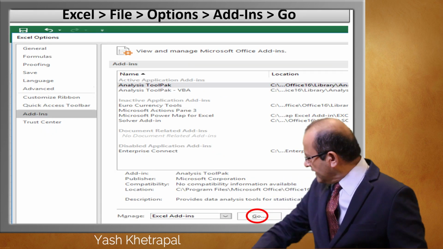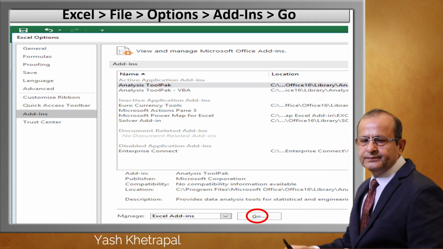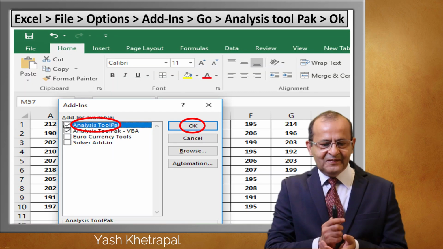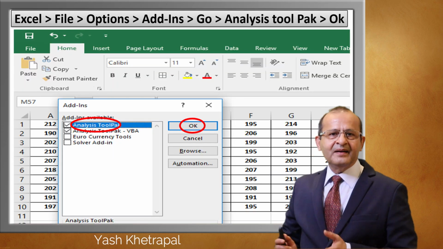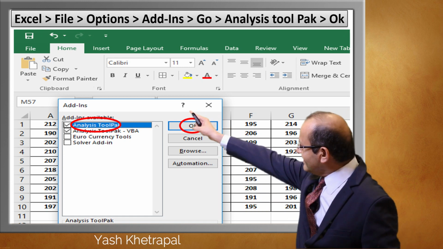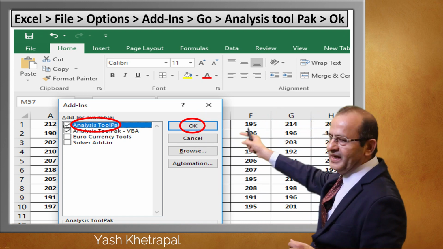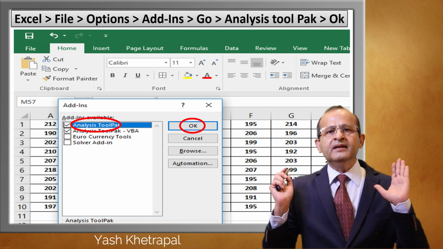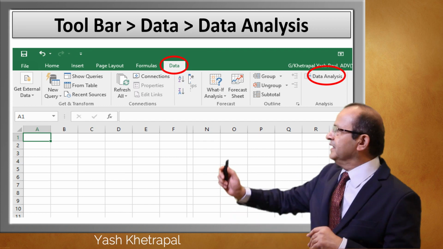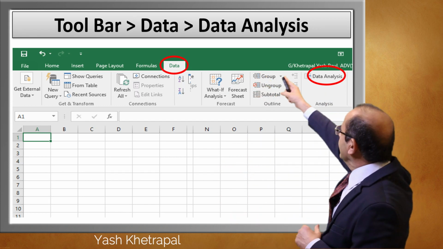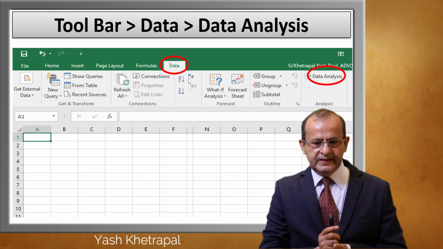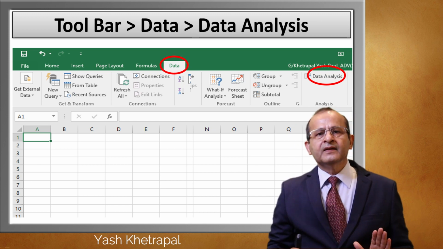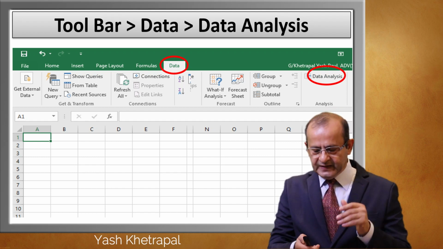After that, down below you find Go. Click Go, and you get the Analysis ToolPak. Select it, and on the right side say OK. The moment you say OK, the Data Analysis pack will be available to you. Go to Data, and there you will find Data Analysis. It's a package of statistical software which Microsoft introduced 20 years back.